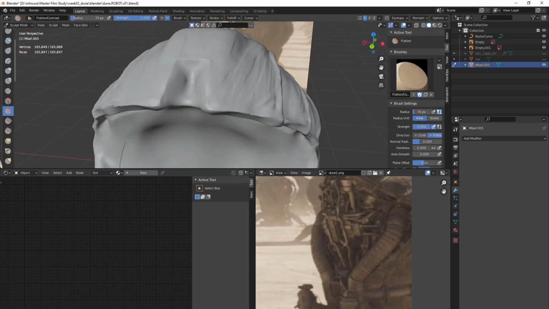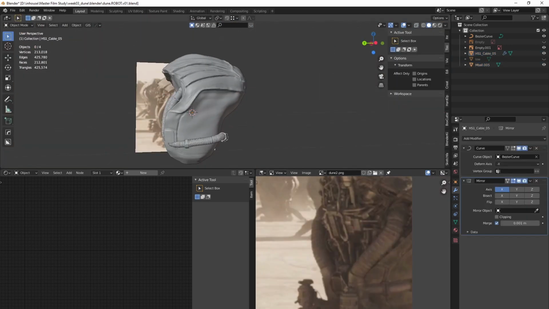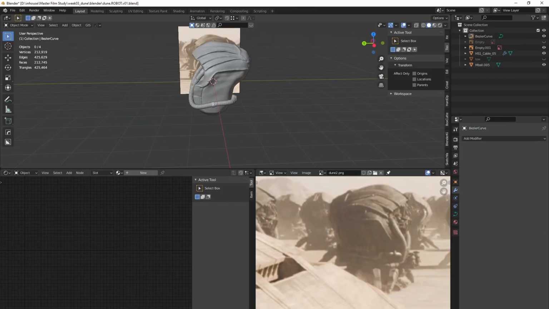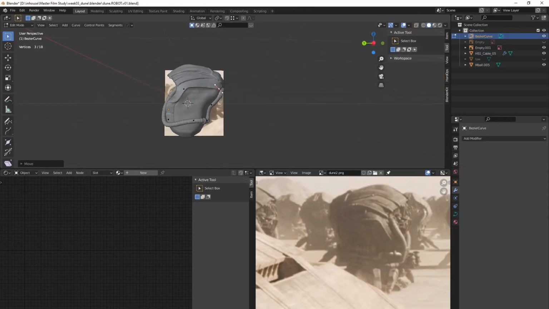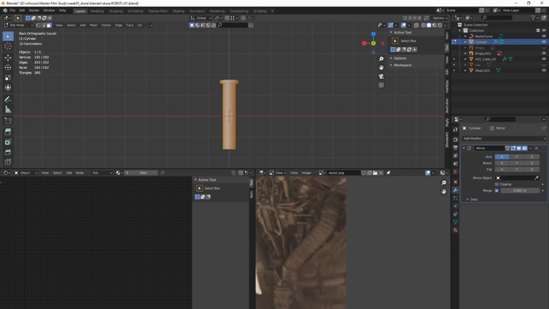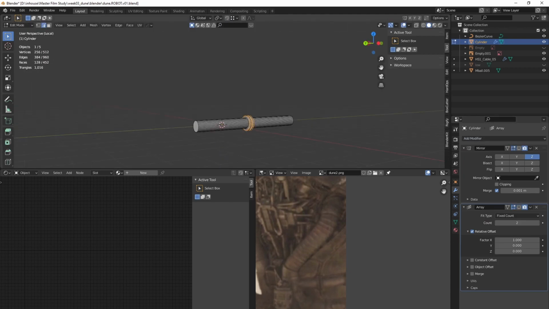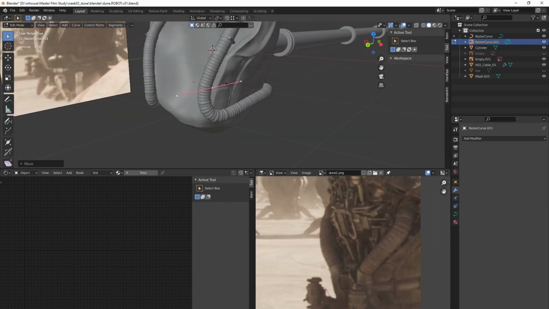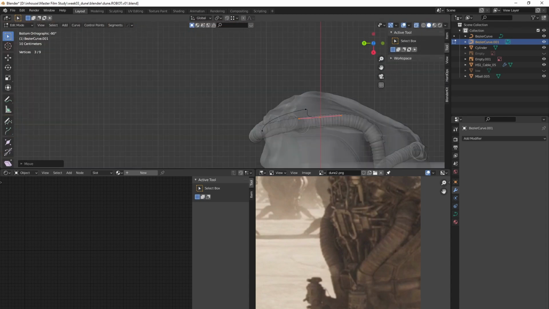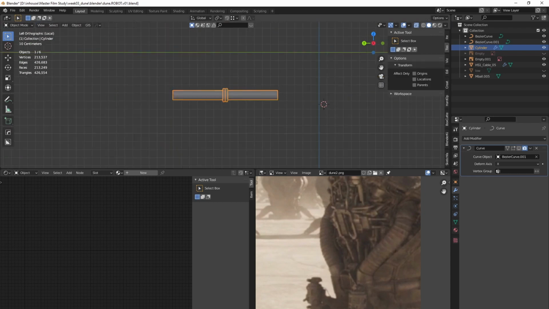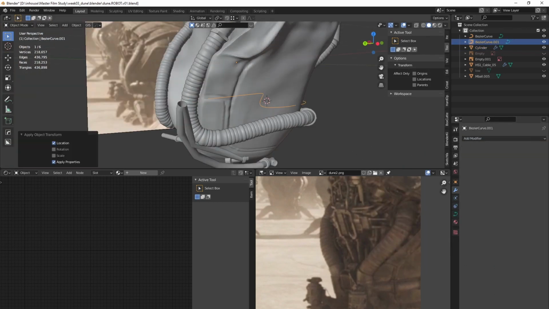Probably you could have done it with just hard surface modeling, but again, I'm not a modeler. I've never properly learned modeling. I'm a self-taught 3D artist. So I prefer a very intuitive approach like sculpting. Or if my skill is not sufficient, I'm just going to